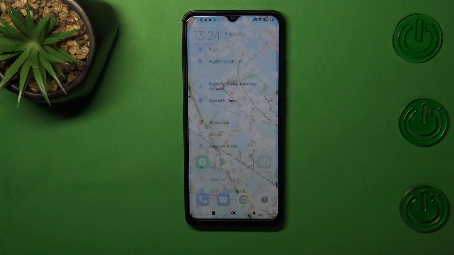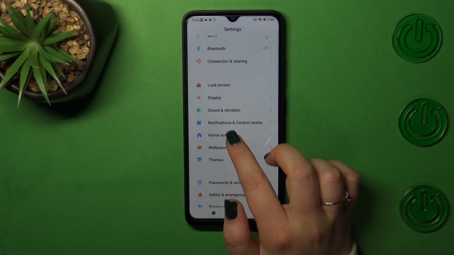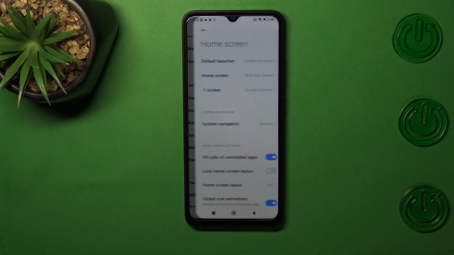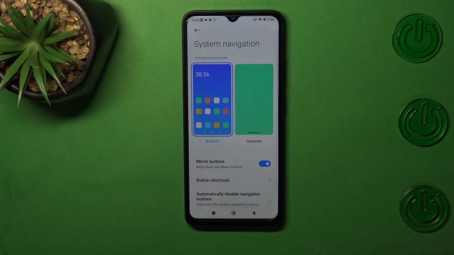So first of all we have to enter the settings and then let's find the home screen option. Let's tap. As you can see here we've got the system navigation, so let's enter. And of course we've got two different options from which we can choose. Currently we've got the buttons set and next to it we've got the gestures with this cute animation of how